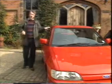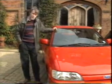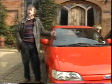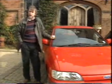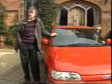Well, you have to say the new Escort XR3i is a very smooth and very quick car. I'm not convinced that the new Zeta engine package is all that marvellous. After all, we've had a lot of twin-cam 16-valvers around for a long time now. But the major point against the car is its price. It's almost